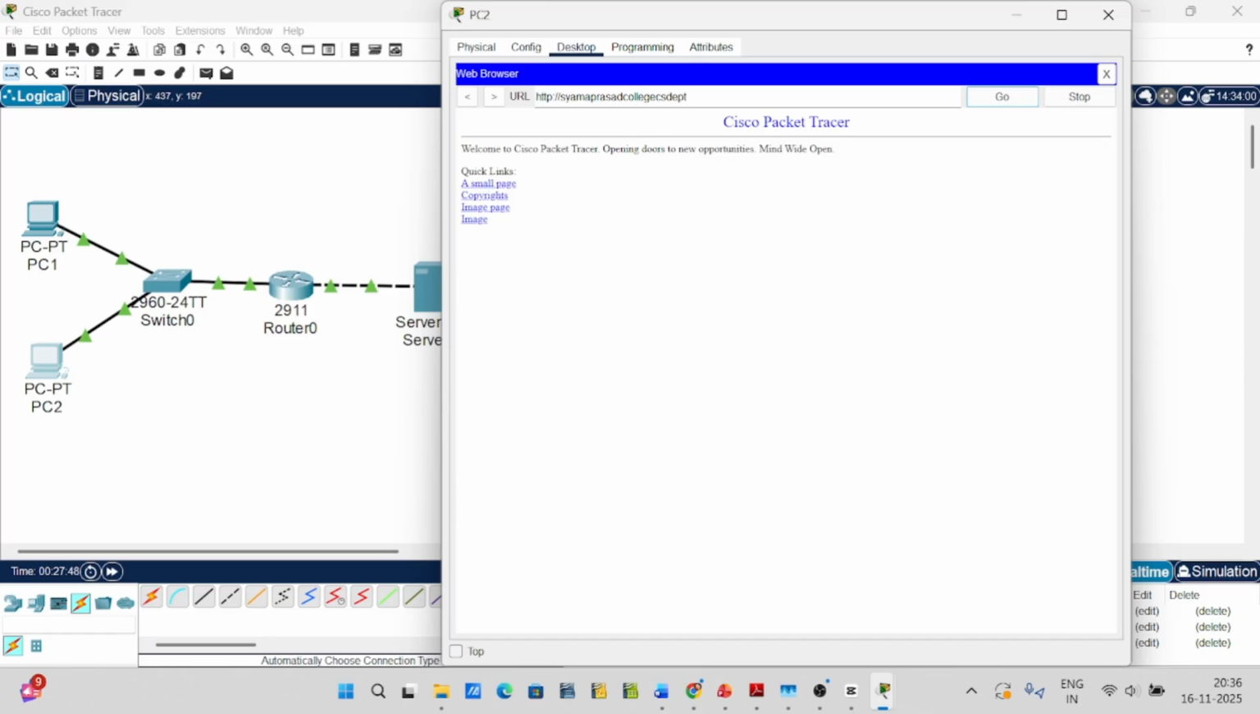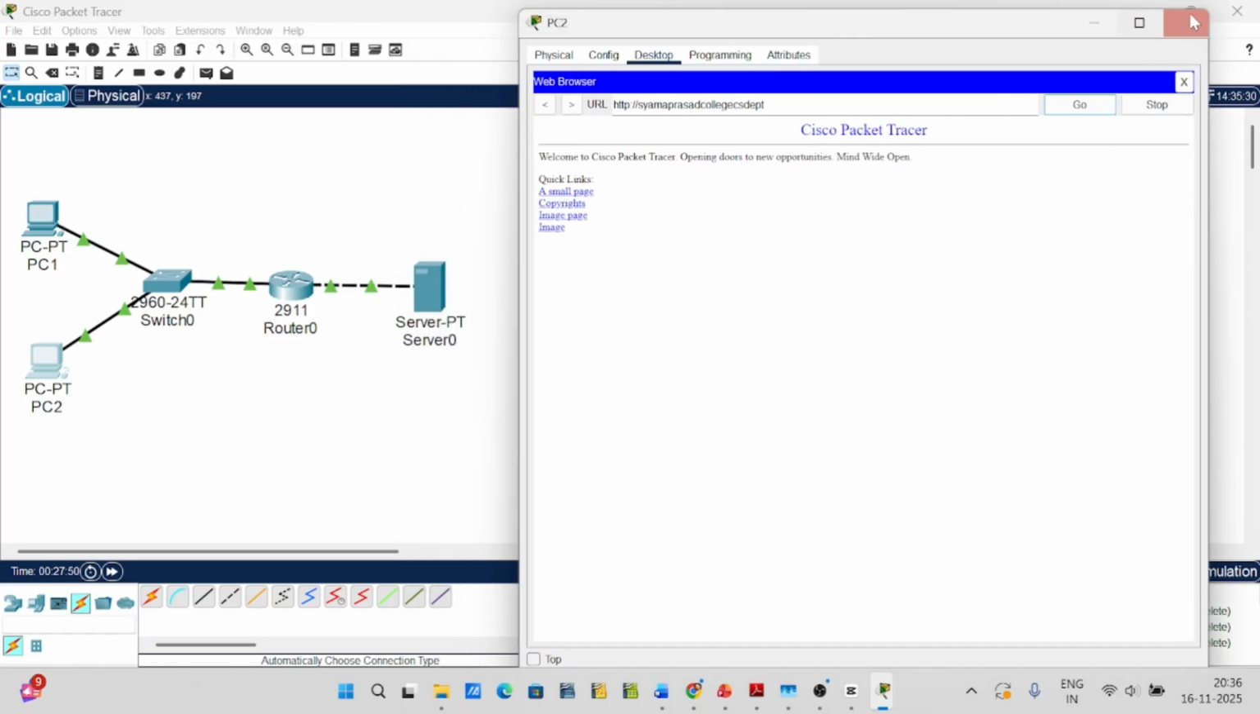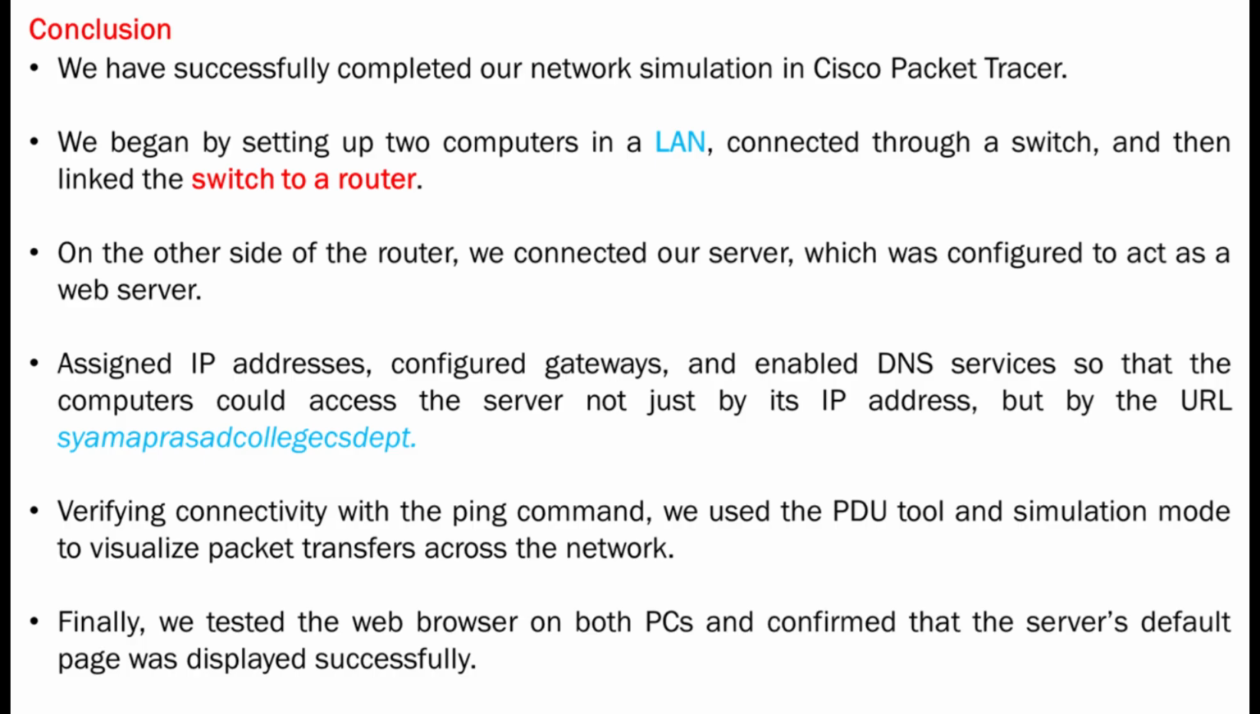And with that, we have successfully completed our network simulation in CISCO Packet Tracer. We began by setting up two computers in a LAN, connected through a switch, and then linked the switch to a router. On the other side of the router, we connected our server, which was configured to act as a web server. We carefully assigned IP addresses, configured gateways, and enabled DNS services so that the computers could access the server not just by its IP address, but by the URL